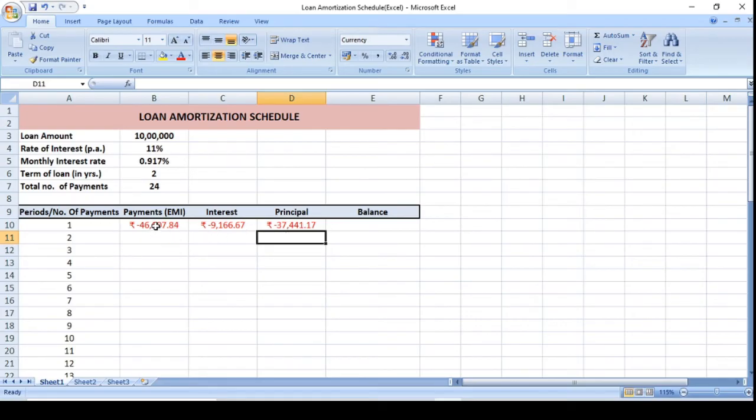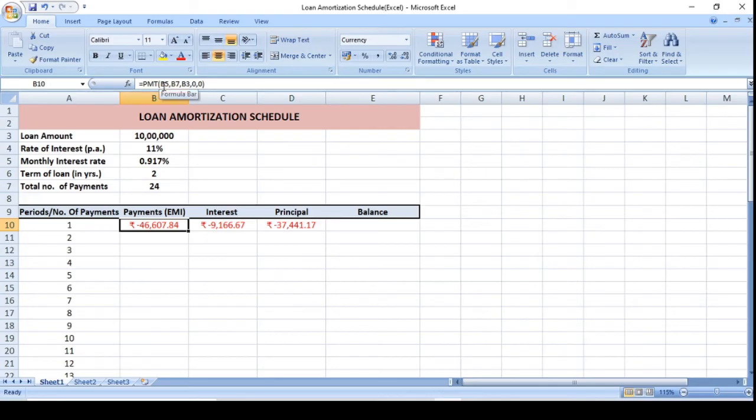Now if I am interested to calculate this EMI for all 24 months, then obviously EMI is the amount that will remain the same. We have to make the payment of the same amount every month. Now if I drag the formula like this, it will not give me correct figures. I have to freeze certain information to drag the formula, and that information will be the same throughout the term of the loan for all those 24 months. The information that is going to be the same, we have to make it fixed. So let's see in the formula.